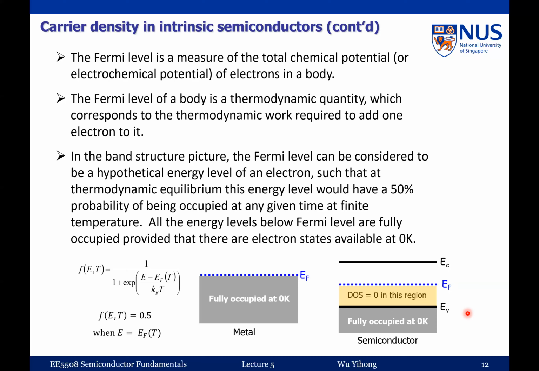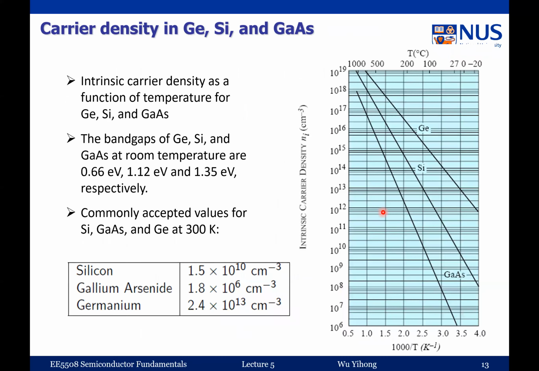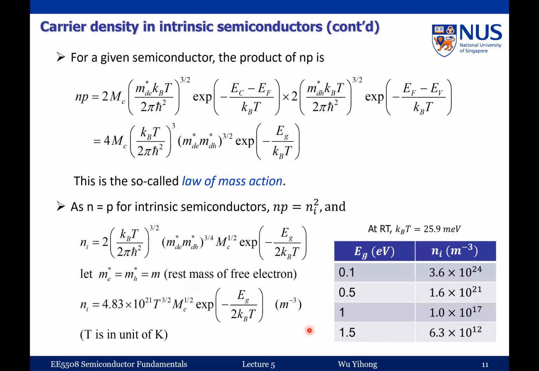Which is extremely important. Now, if you look at the typical intrinsic carrier concentration in germanium, silicon, and gallium arsenide at room temperature, like given here, right? And of course, when you increase the temperature, the carrier concentration will increase. So here we show 1/T, and typically in this module, later we'll also use this. Why don't we use T? Because if you look at this